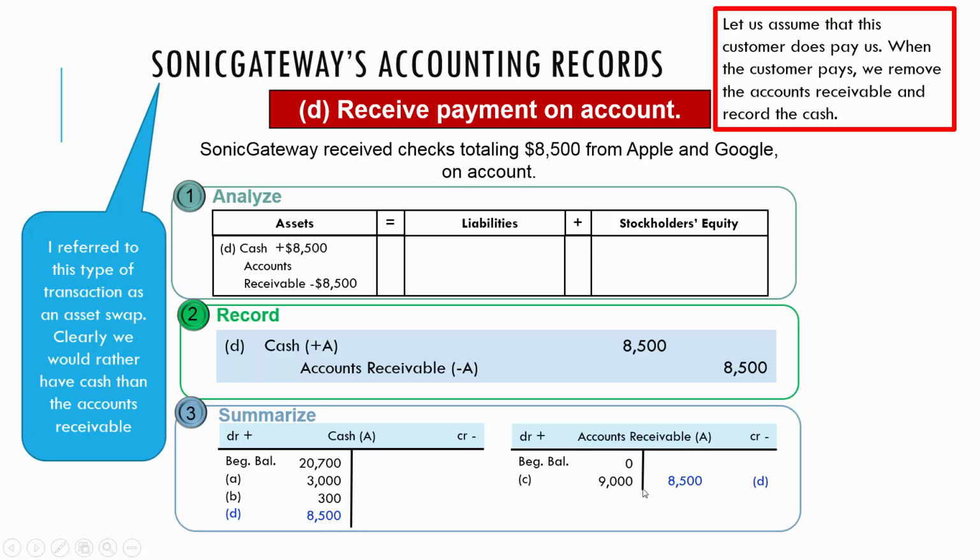So 9,000 minus 8,500 is 500, which will now show up on the debit side because 9,000 is greater than 8,500. The 500 shows up over here. So now we have a balance in accounts receivable of $500. We are still owed